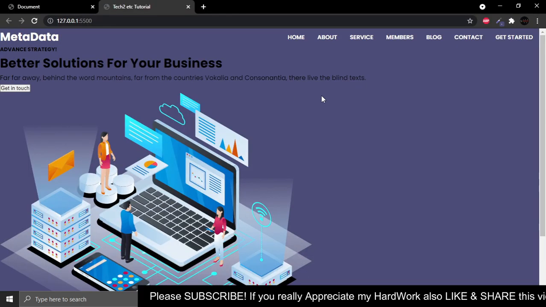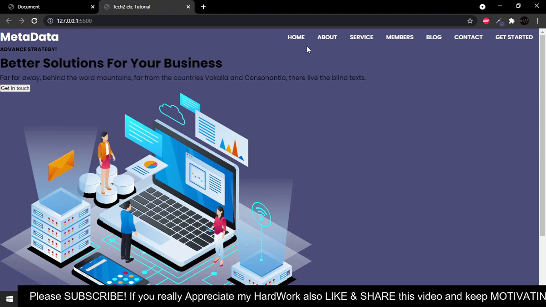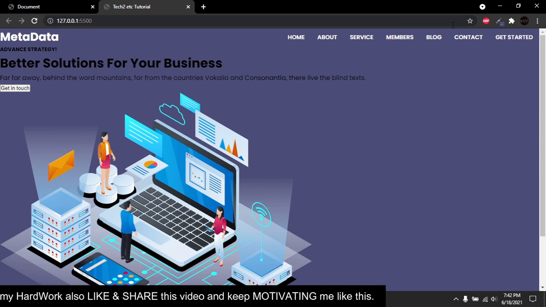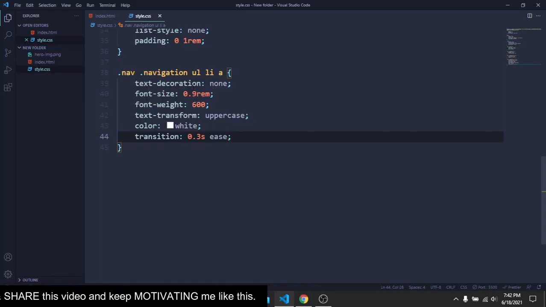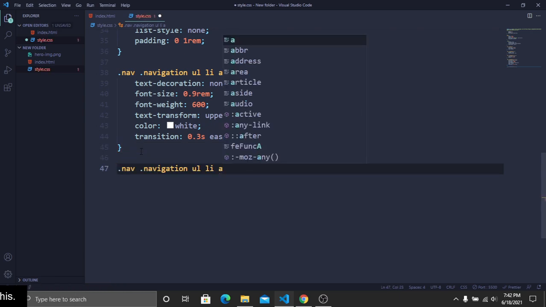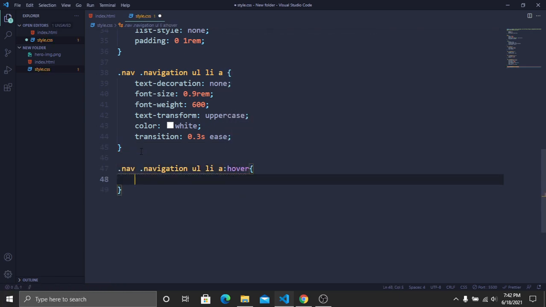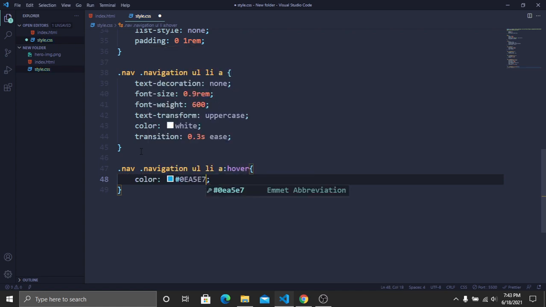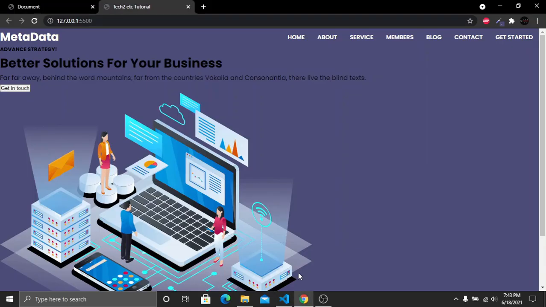And guys, here you can see that we have changed the color and the font weight of our navigation links. Now we have to add a hover effect to our navigation links. So for doing this, just copy this one from here and then paste it here. Then we have to add hover. That's it. So I will only change the color, and the color will be this one. Now save and go to our website. And if I now hover on our navigation links, here you can see that the text is now